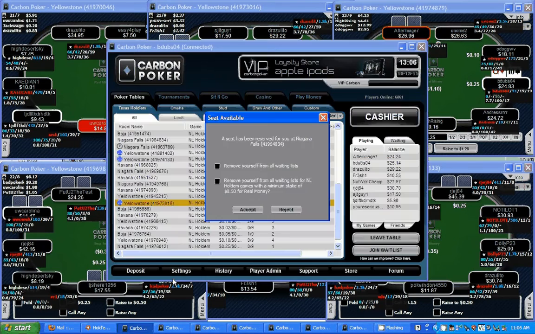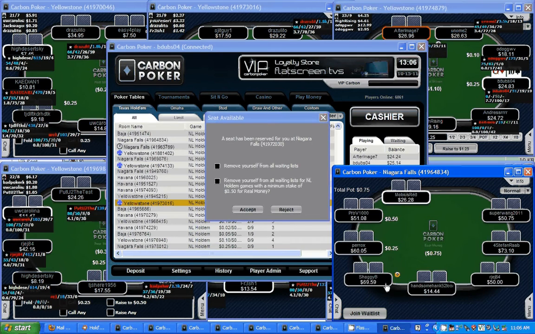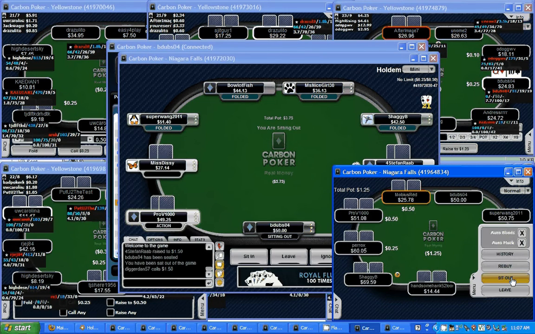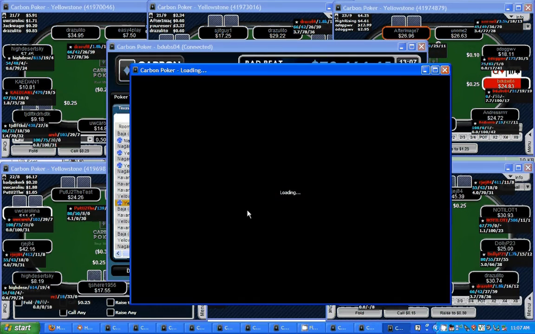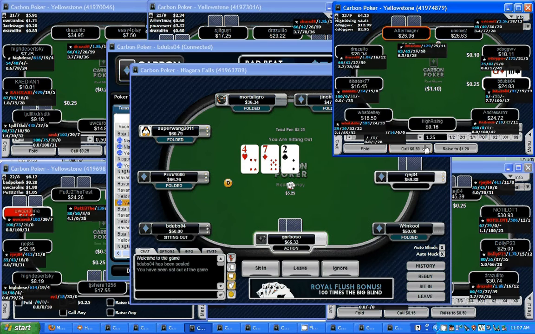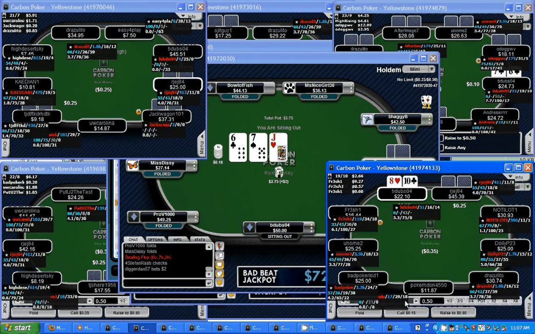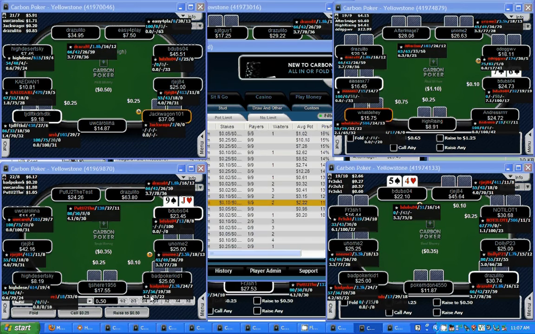Oh, we had to. I'm gonna open up some $50 buy-in tables right now. Sorry for the overlap. Like I was saying, these